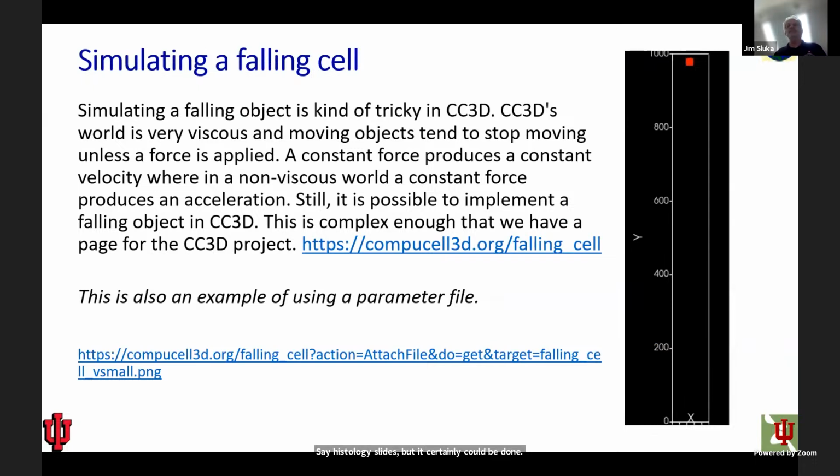Another thing, CompuCell, the Potts model lives in a very viscous world. So if you push on something, it moves, but if you stop pushing, it stops. In the real world, if you push on something in the absence of drag, it keeps moving. It is possible to simulate